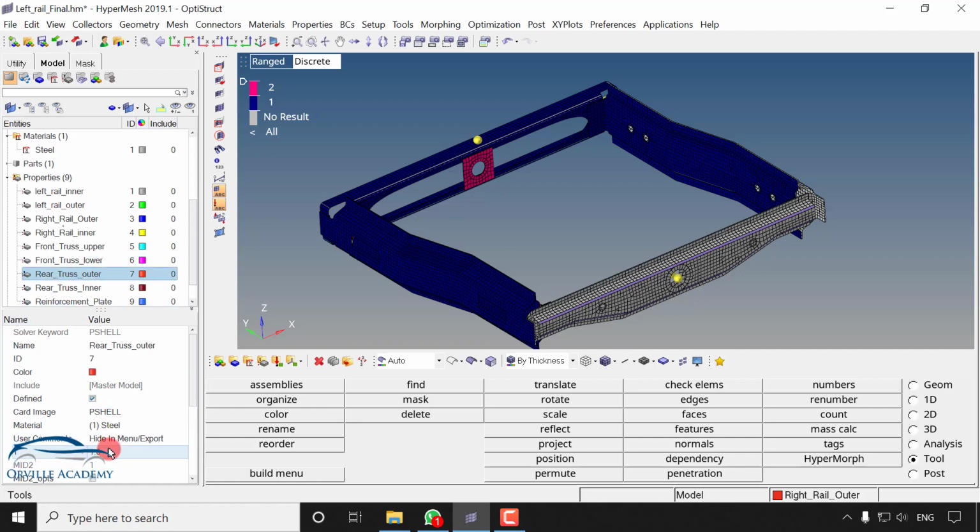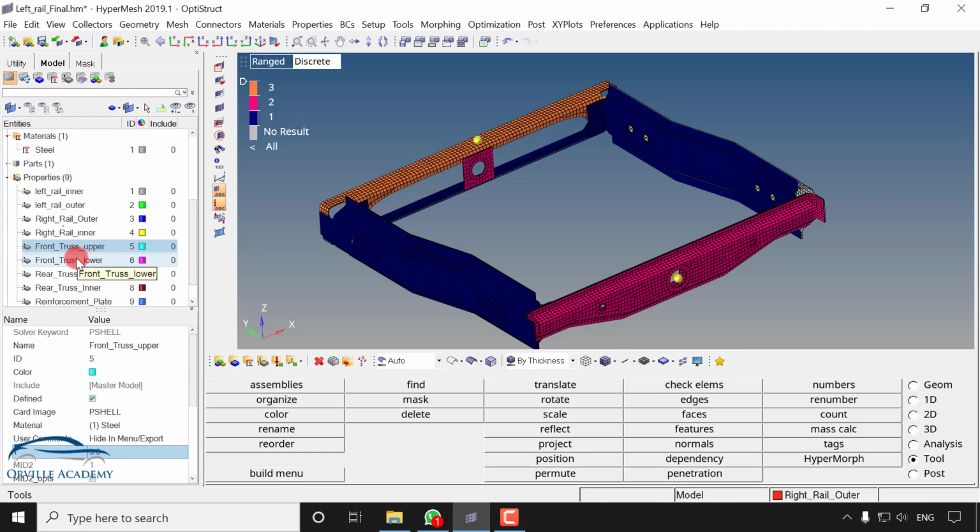Here, if you want to give a different thickness, then you can also do it. For example, we will try this rear truss outer and inner. Here we will give 2 mm thickness. If I change the value of thickness, they have been assigned a different color. Similarly, let's give different thickness to front, lower and upper also. So I can go for front truss upper. Let me set thickness to 3. And here again for the lower, let me set thickness to 3. 3 is a little bit on the higher side, so let me switch back to 2 mm itself.